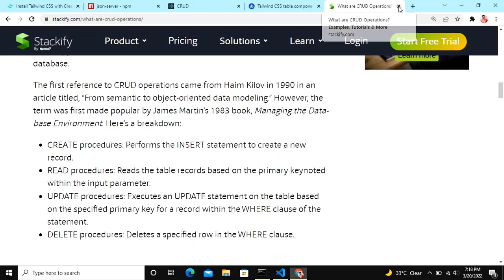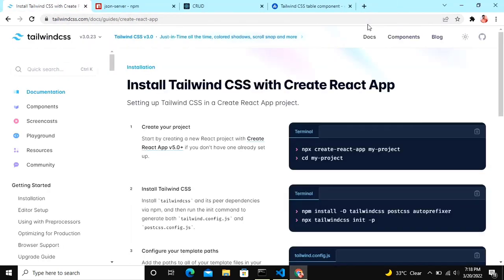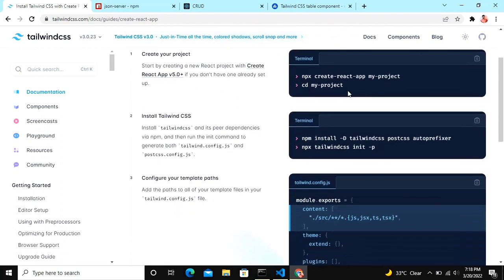So let's jump into VS Code, and we're going to use Tailwind CSS with the React app. These are all the steps on their official website that you can follow. First, create the React app, then cd into the directory, then npm install Tailwind, PostCSS and Autoprefixer. And what this does is